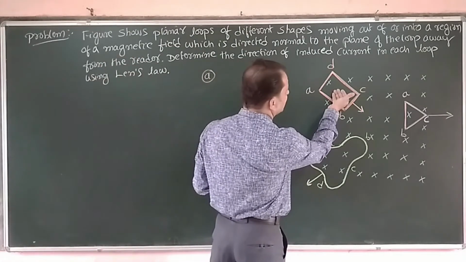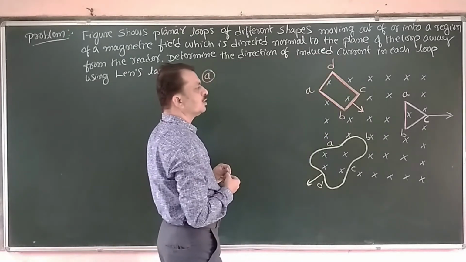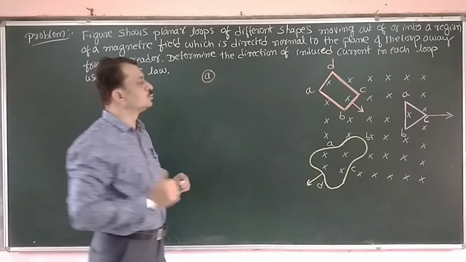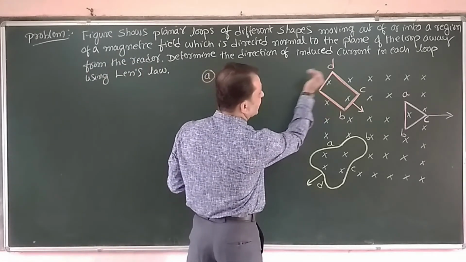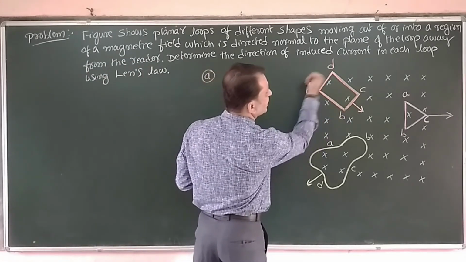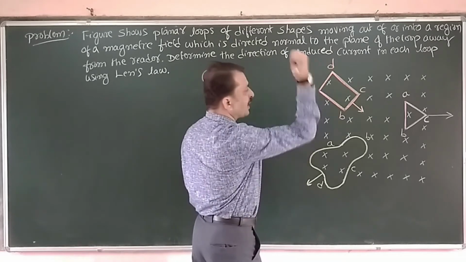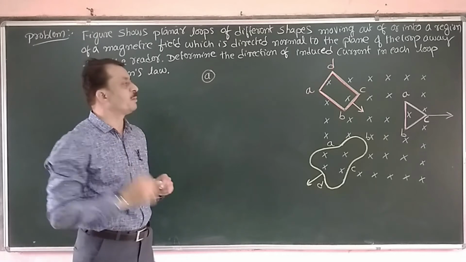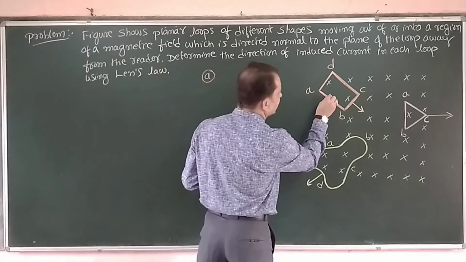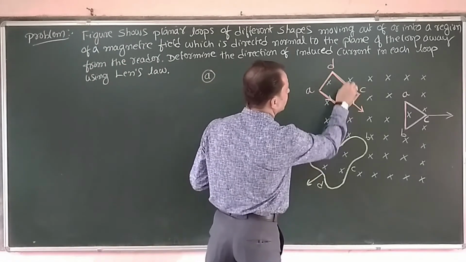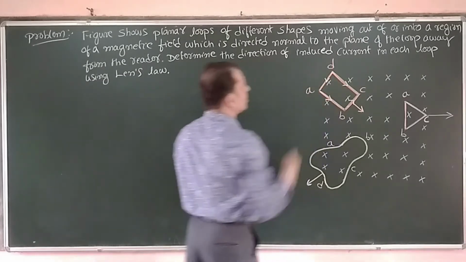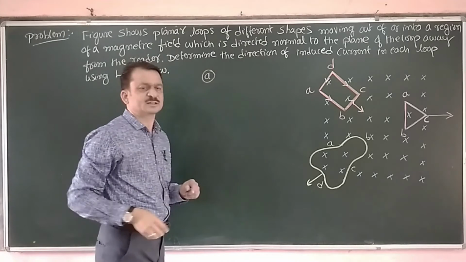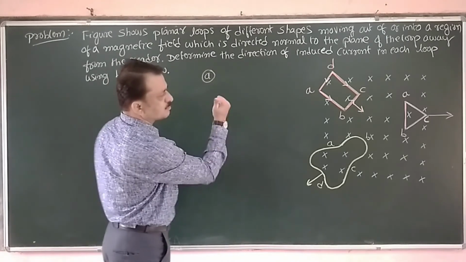Since the field should be coming out of the plane of the board, what will be the direction of the current according to your right hand rule? If the current flowing through this coil is in the anti-clockwise direction, the magnetic field is coming out of the plane of the board. That you should remember. Therefore, the current has to flow along A, B, C, D, A path. That is the anti-clockwise direction path.